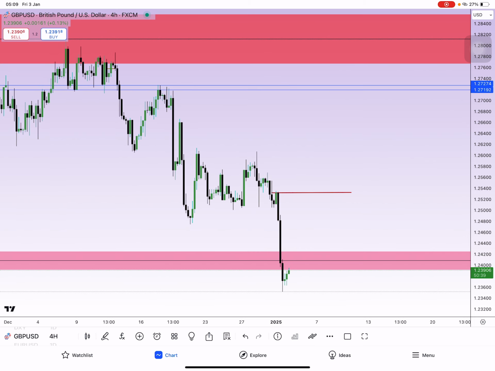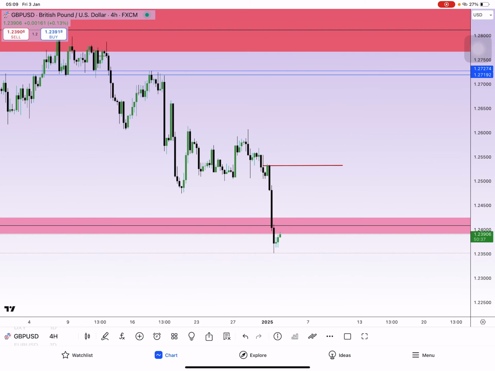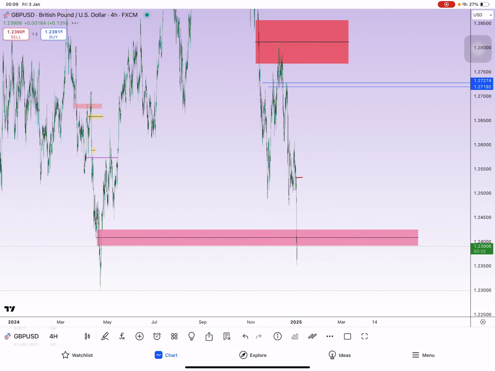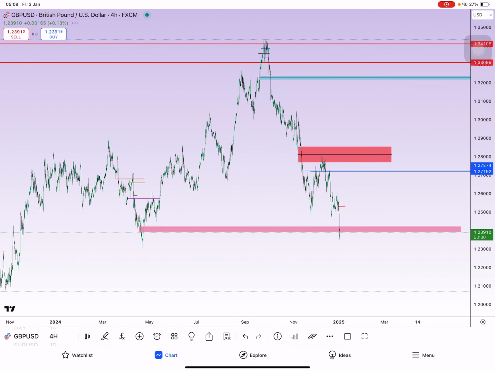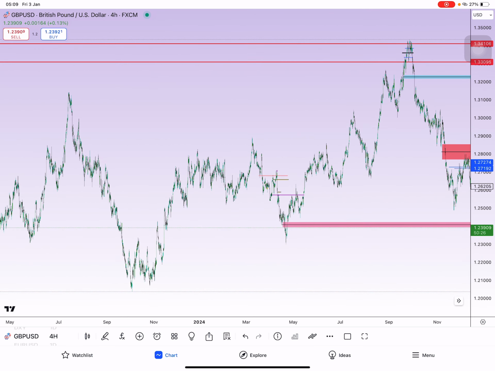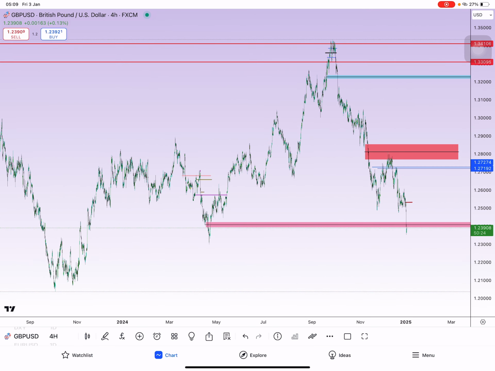So this is going to be our stop loss, and we will still look for the lows which are down here, this one first and these ones. Okay, so let's move to the